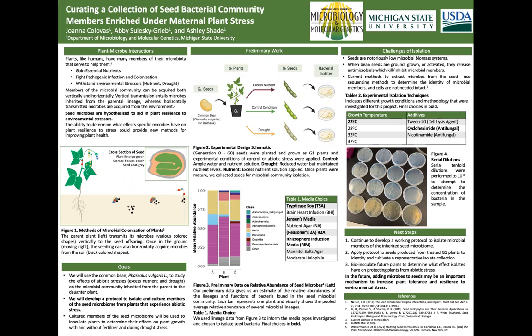Plants, like us, have members of their microbial community, and these members can help them to gain nutrients, fight infection, and withstand environmental stress. They can get these bacterial members of their community both vertically and horizontally. Vertical transmission happens when plants inherit their microbes from their parent, and horizontal transmission happens when they acquire these microbes